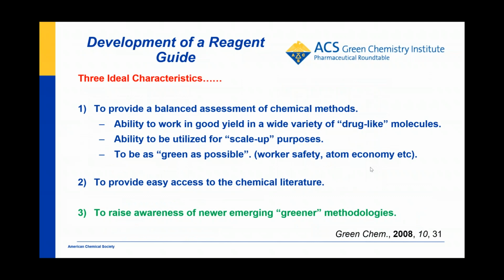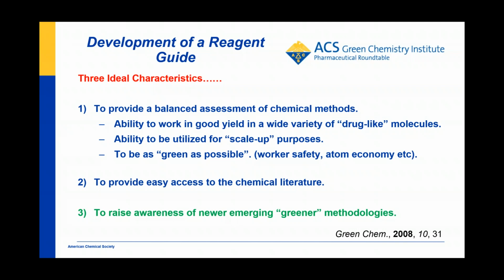Okay, moving on to the final tool now, we looked at development of a reagent guide. For a reagent guide, you want to have three ideal characteristics. You want to provide a balanced assessment of chemical methods. You want to have an ability to work in good yield in a wide variety of drug-like molecules. You want to have wide scope of a chemical transformation. You want it to be able to be utilized for scale-up purposes, and obviously we want it to be as